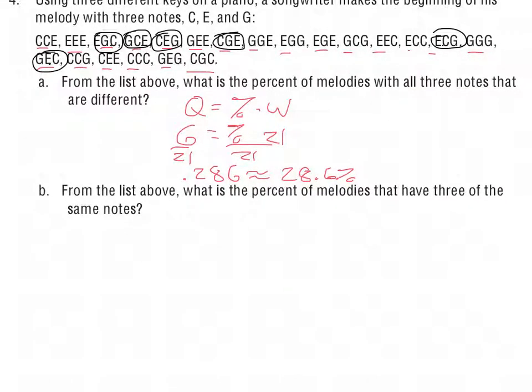So that's going to be E, E, E, C, C, C, and G, G, G, these ones that I've circled in red. So that's going to be 3 out of the 21. So my quantity 3 is equal to percent times the whole, which is 21. Divided by 21, that's the simplification. 3 out of 21 is the same thing as 1 out of 7,